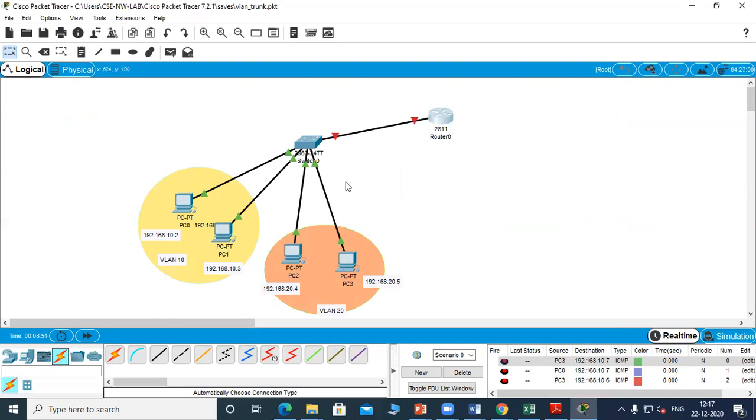This scenario where two VLANs have to communicate is called inter-VLAN communication. To make that possible, this interface is subdivided into two interfaces. That helps two VLANs to communicate with a single interface. This scenario is called a router on a stick interface. We'll see the commands for that router on a stick interface.